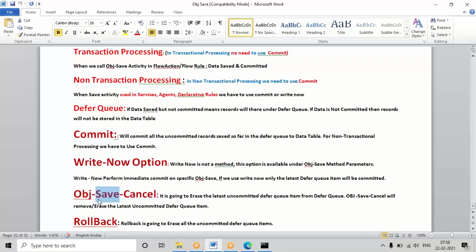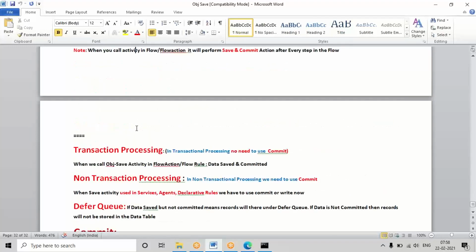Instead of this we'll be using one API called commit with error handling. So whenever we perform these save actions like save activities, if you are calling it in the flow action, it is nothing but transactional processing. At that time, no need to use any commit API. But if it is non-transactional processing, we will be using the commit API. If you understand that now, that is enough. And when it comes under non-transactional processing and how to use that commit API, I'll be showing in the next scenarios.